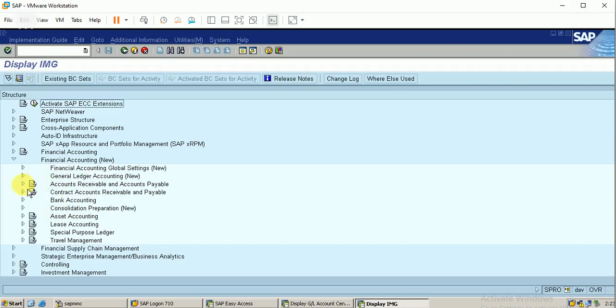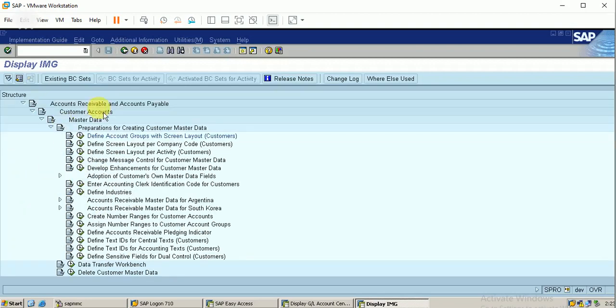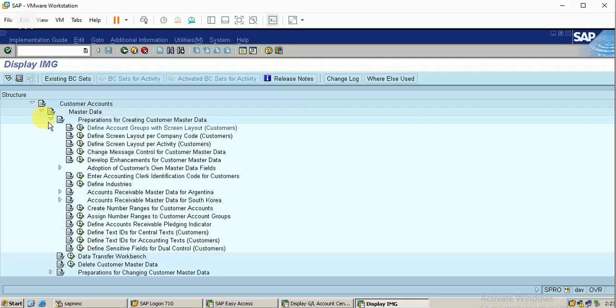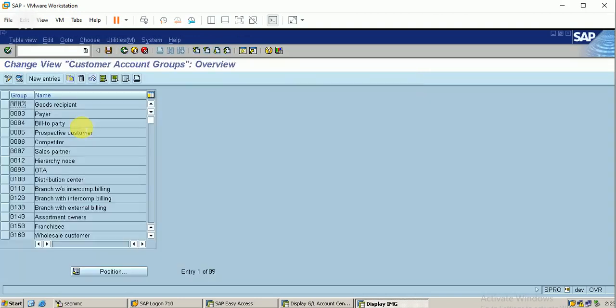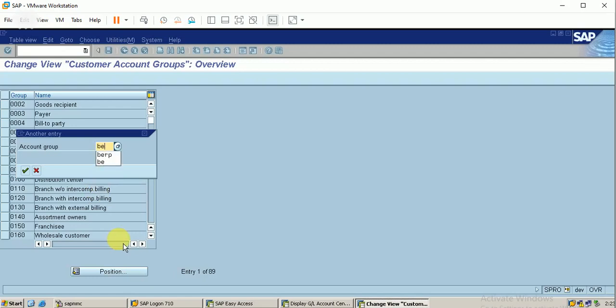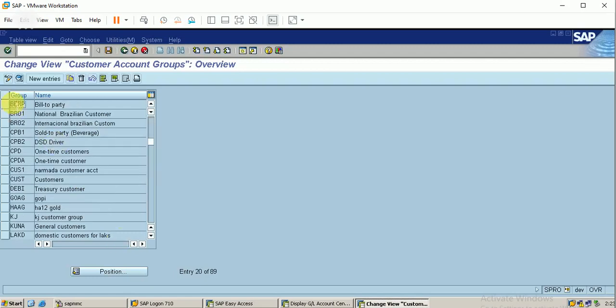Here click on accounts receivables and accounts payable. Click on this customer accounts master data, preparation for creating customer master data. Here also you can define the account groups. I'm just executing it, searching for the account I have created.